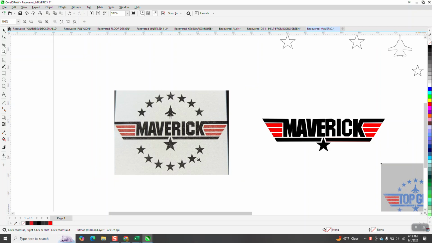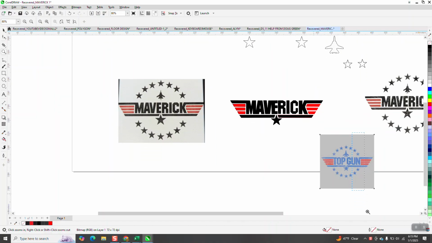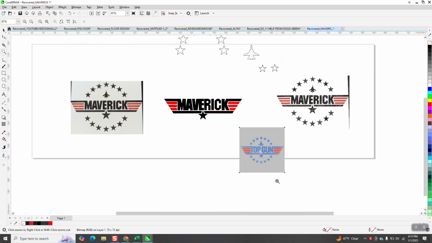How to add these stars in a circle, much like this, and they're off the logo, much like I found this on the internet. Anyway,